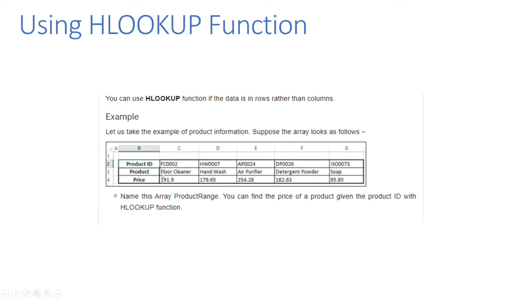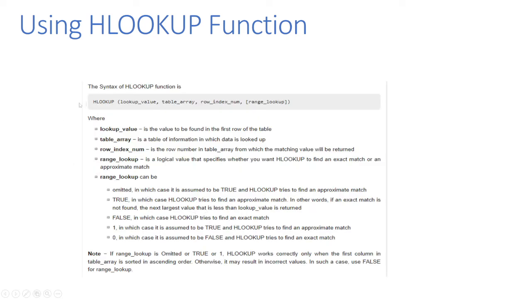So we name the range. So this is the range. We exclude the title. So the syntax of the HLOOKUP function is very similar to VLOOKUP. HLOOKUP, so we have the lookup value, table array, but this time around, instead of the column index, we use